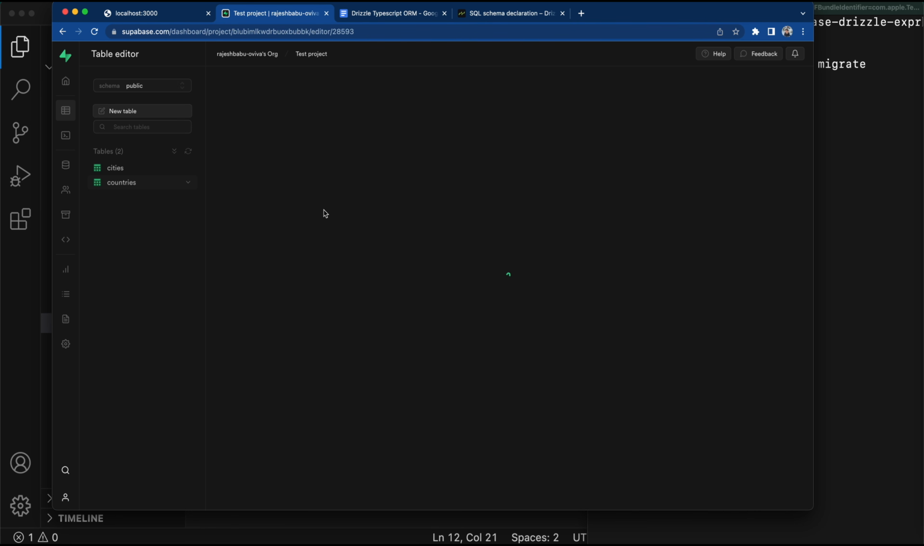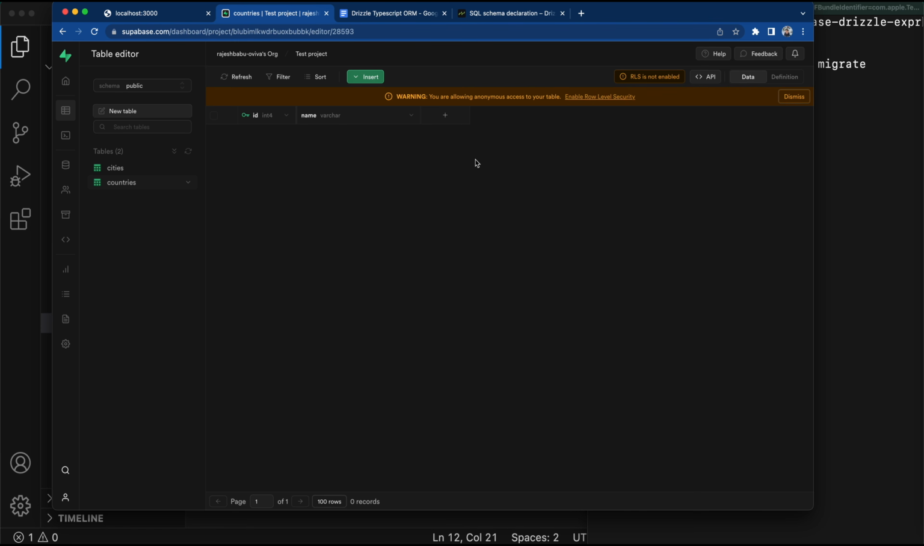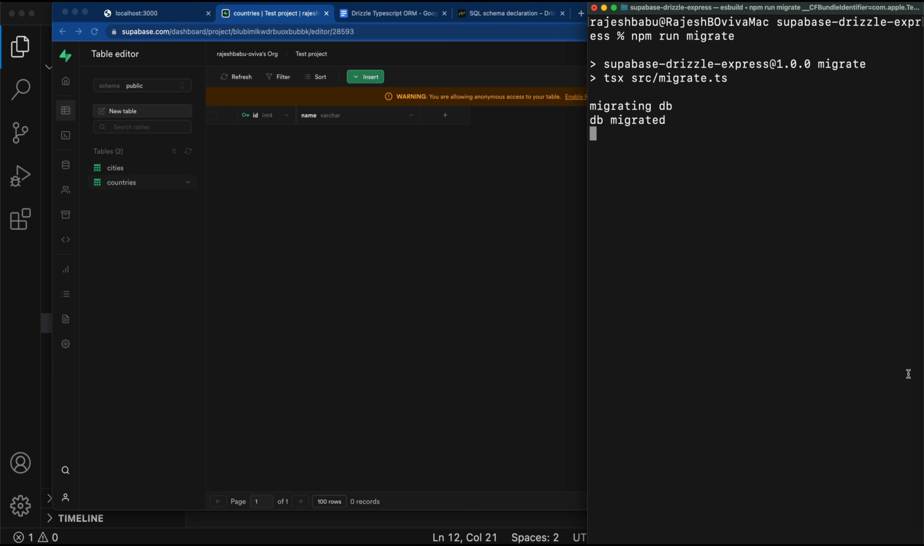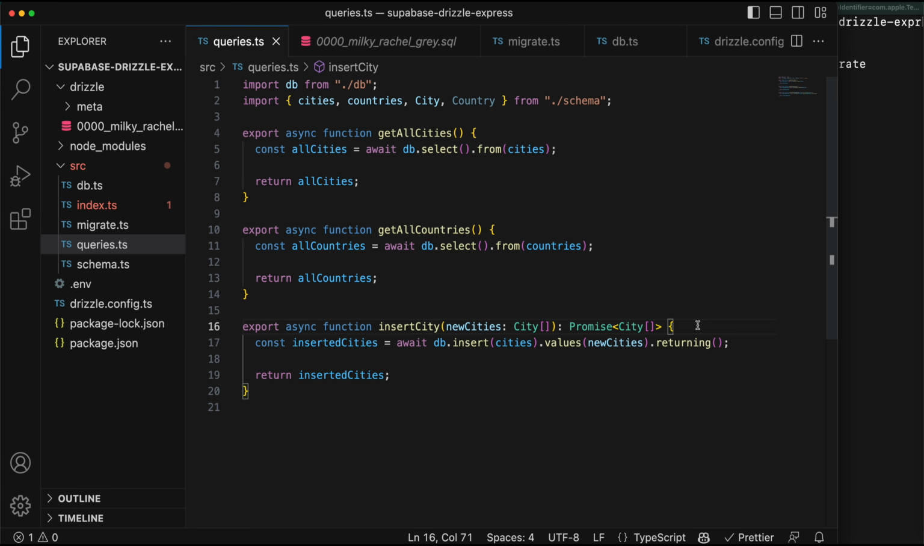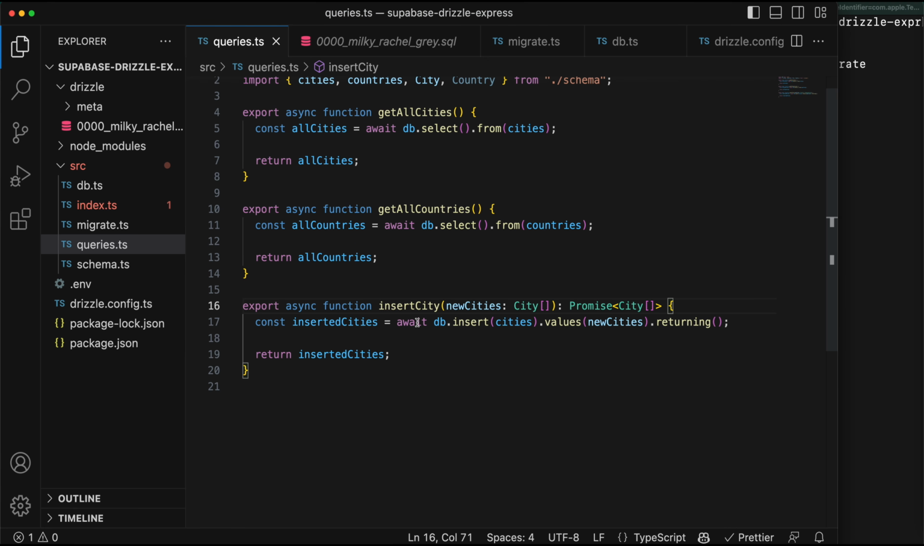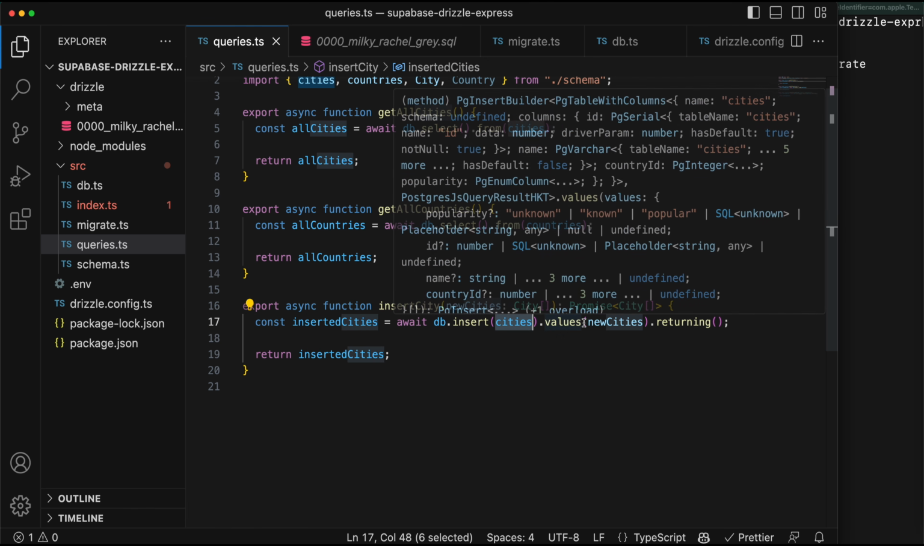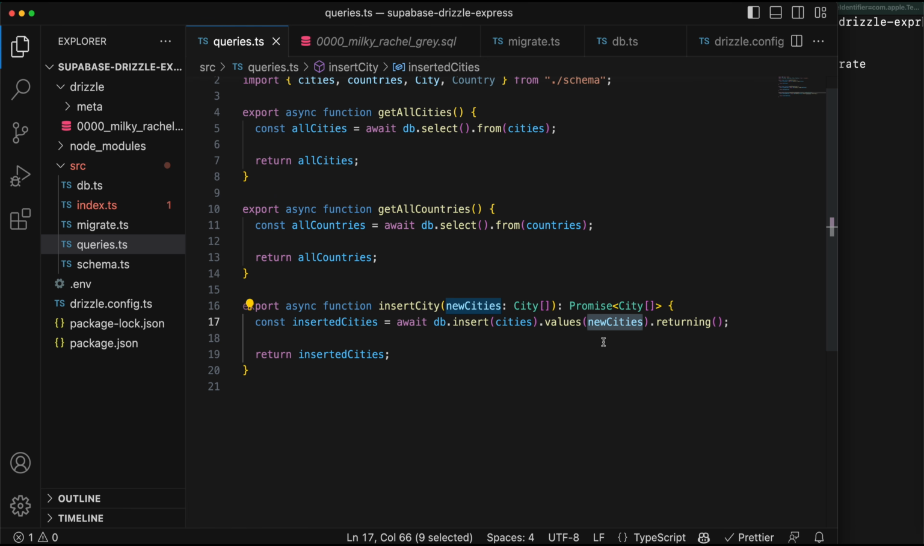Okay, now that our tables are migrated, let's go ahead and build our queries.ts file. So we have get all cities, we have get all countries queries. So these are select queries from the cities and the countries table. And then we have insert city, and this is an insert query, and then we will insert an array of values inside the cities table. And on the same lines, we would have another query for insert country, where we would insert array of countries